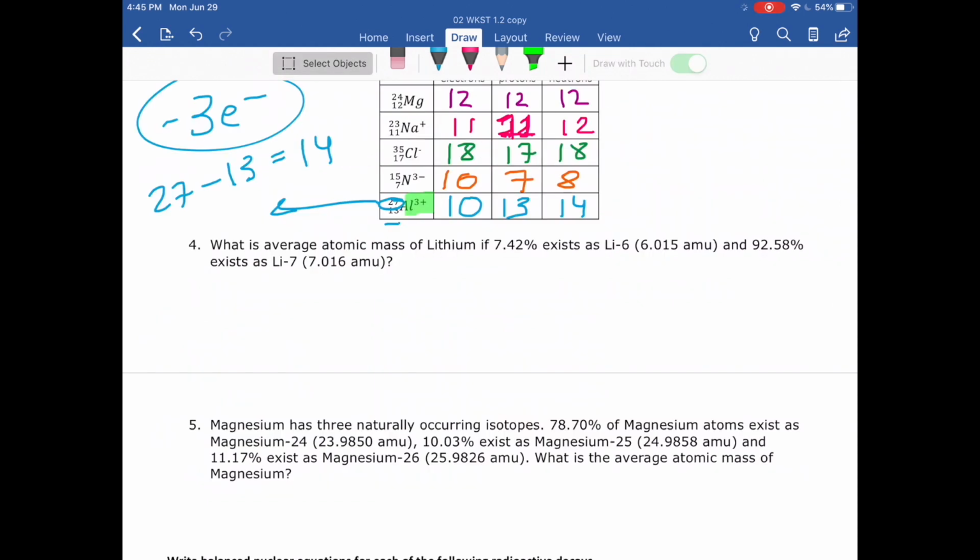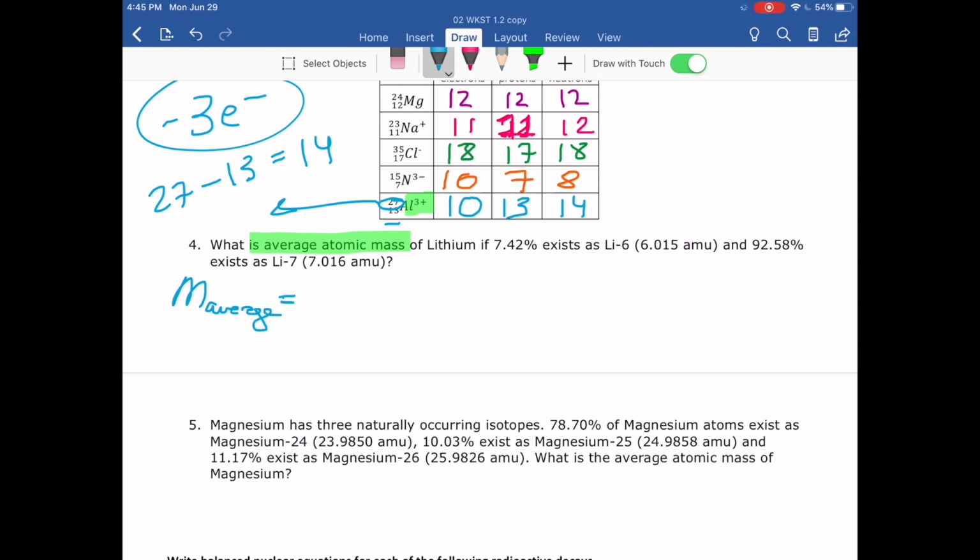This one problem is asking us to find the average atomic mass of lithium if 7.42% exists as lithium-6 with the mass of 6.015 AMUs and 92.58% exists as lithium-7 with a mass of 7.016 AMUs. So in order to do this, to find the average mass, I'm going to write here, mass average,